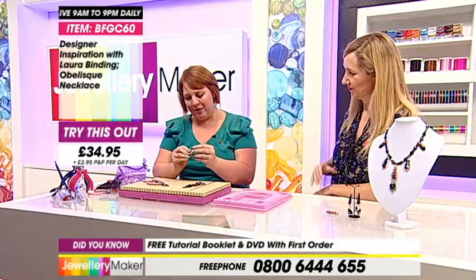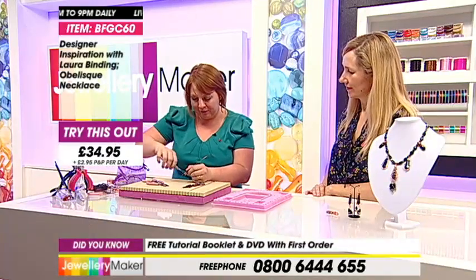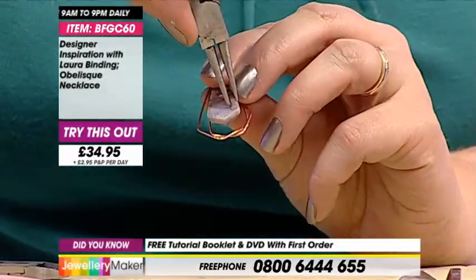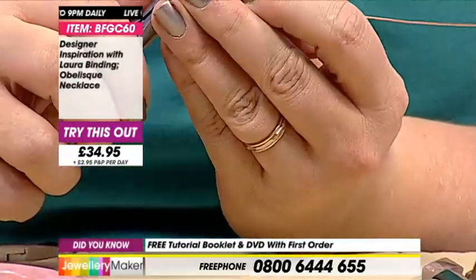Okay. So all I'm going to do is just bring this wire down. We don't need that length of wire, don't need it that long. So just cut that little end away. Okay, and I'm just going to turn it around and show you. What I'm going to do is simply do a spiral. I'll do that off, so I can just put my pliers in the end,